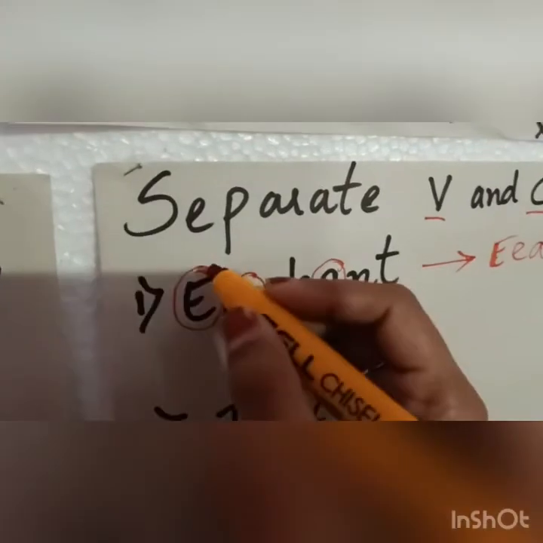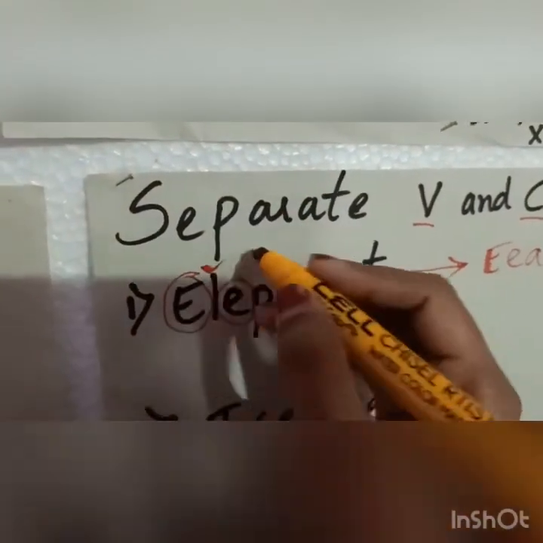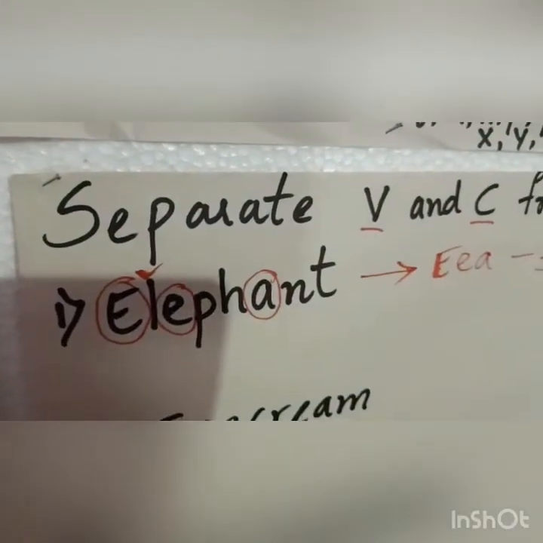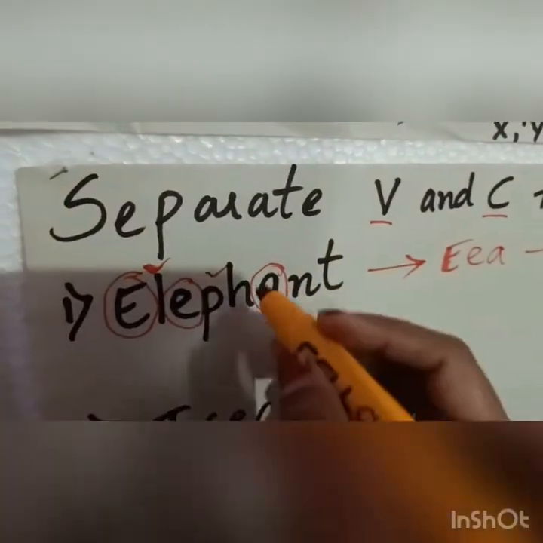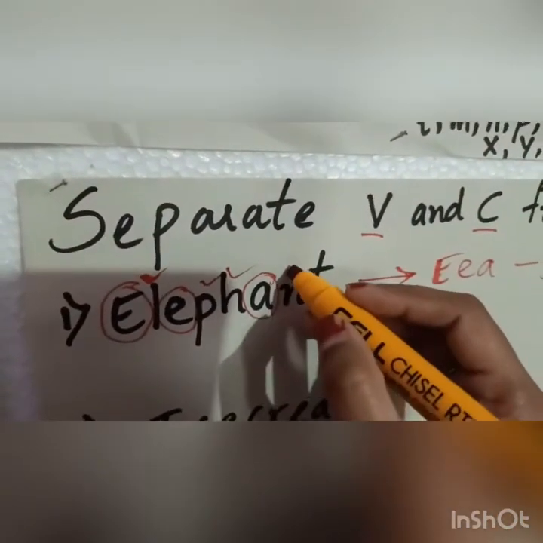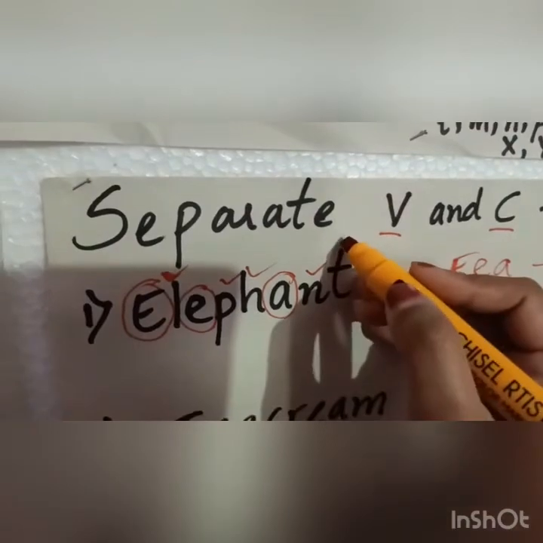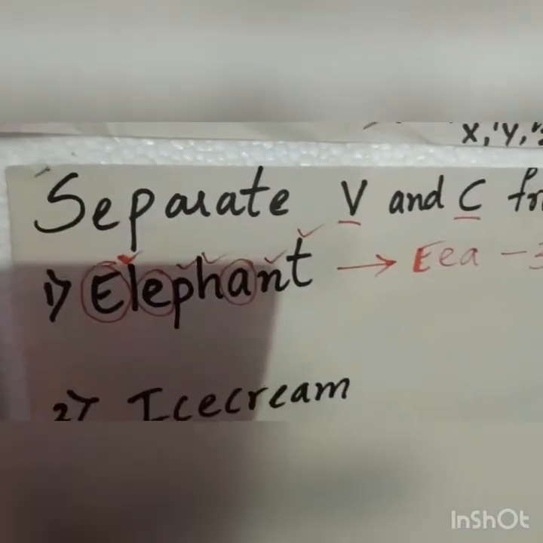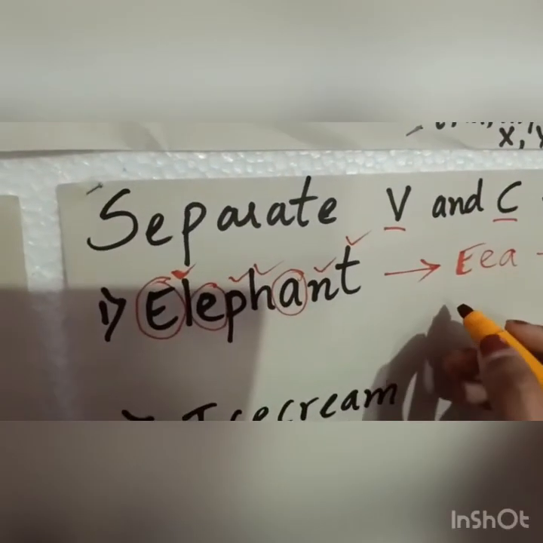Remaining, what is this? L. L is our consonant. P is our consonant. H consonant. N consonant. And T consonant. So we shall write those consonants here. L,